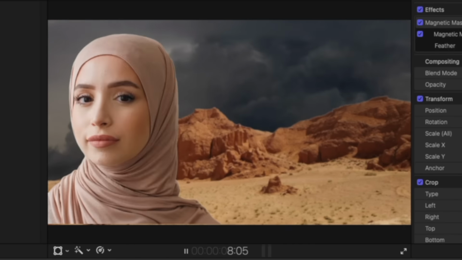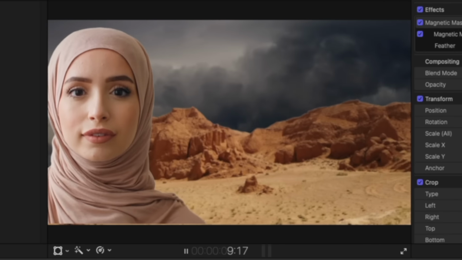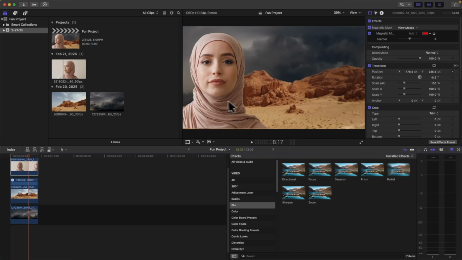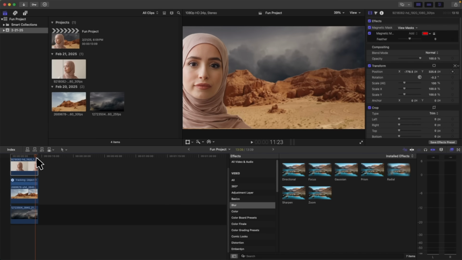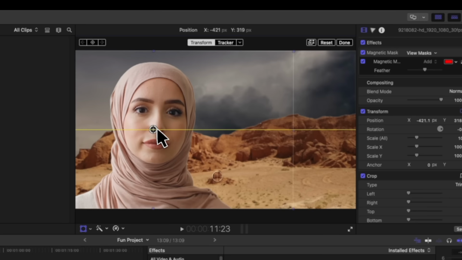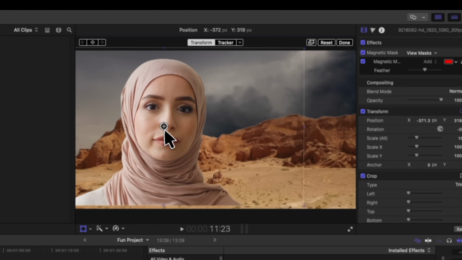So it's actually really cool. She kind of looks over, very cool. I think I want to move her over a little bit so that she ends up more right around here instead of being off screen. So I'm going to bring that over like this. And we're going to click on the transform tool again here, and I'm just going to move her over a little bit so that she ends up here